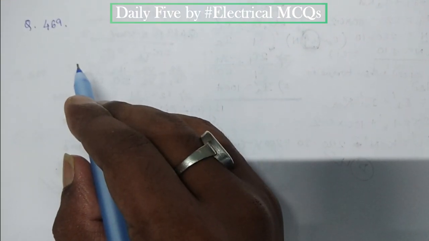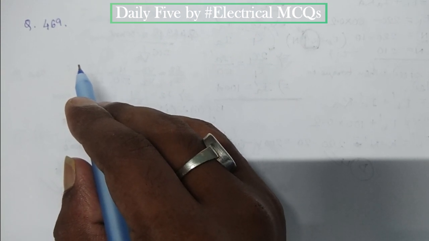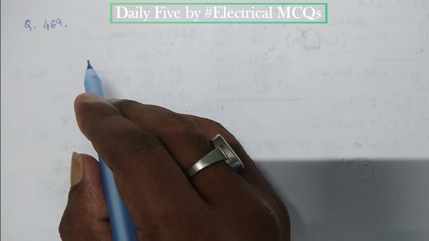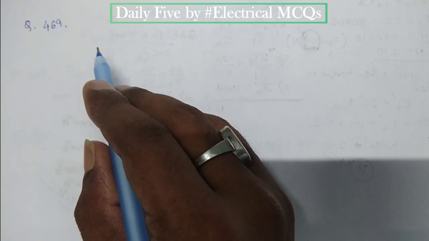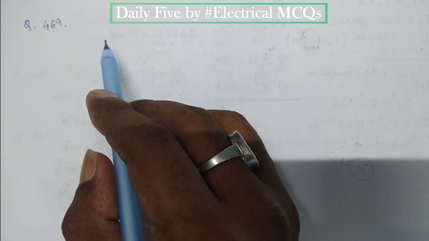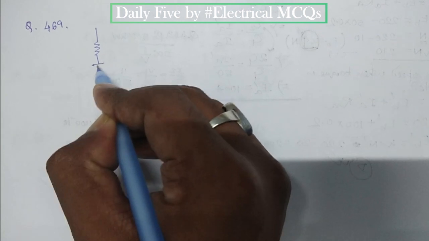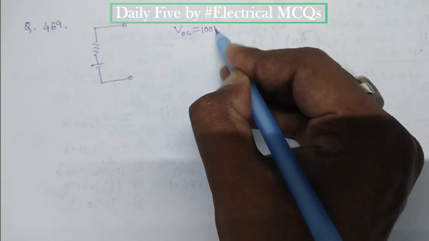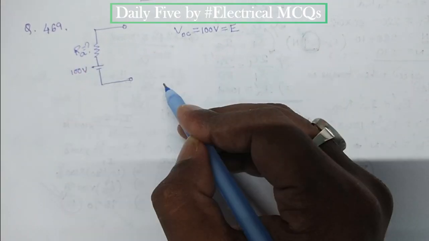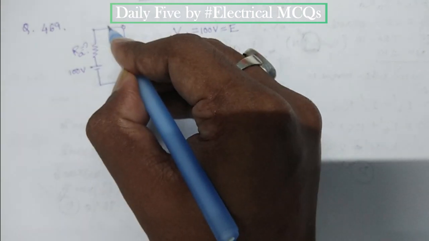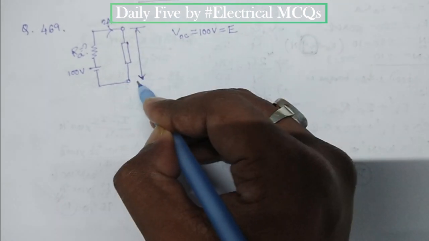It says we have to find out the internal resistance of a battery when the output voltage of that battery drops from 100 volt with zero load current to 80 volt when the load current is 2 ampere. That means the voltage source or the battery has an internal resistance. So we can draw the equivalent circuit of the battery like this. Now the open circuit voltage is equal to 100 volt, so we can say the battery EMF is 100 and we have to find this resistance. When the current is 2 ampere, the voltage across the load is 80 volt.